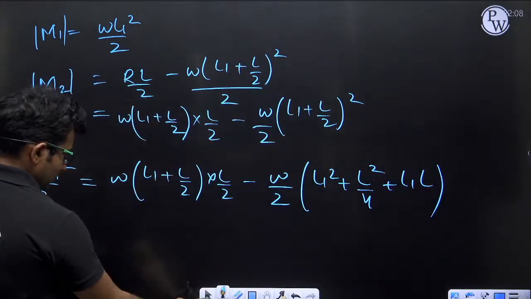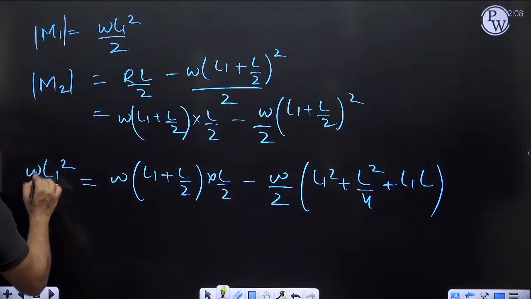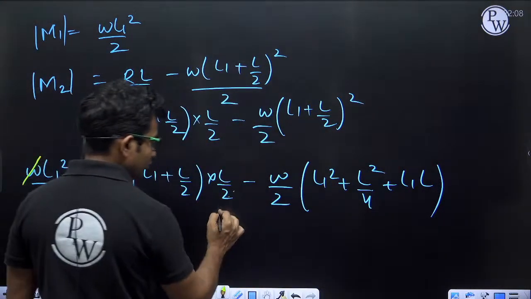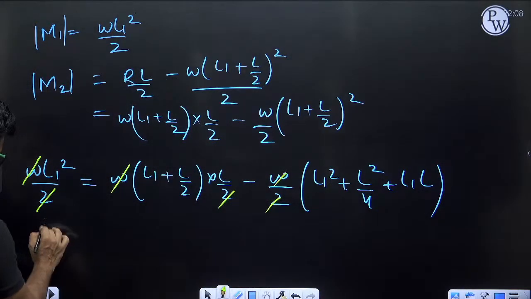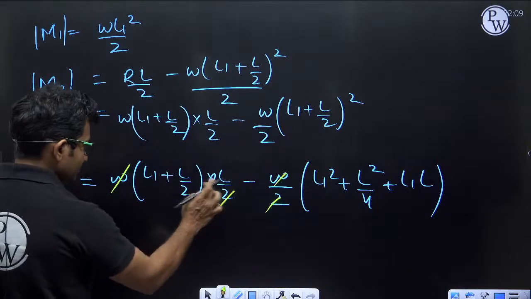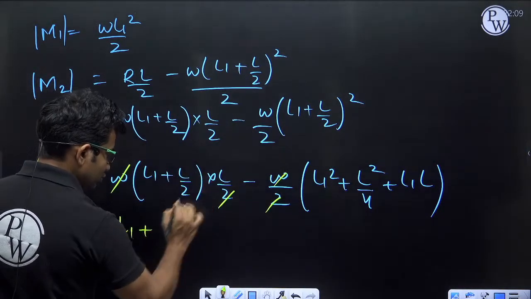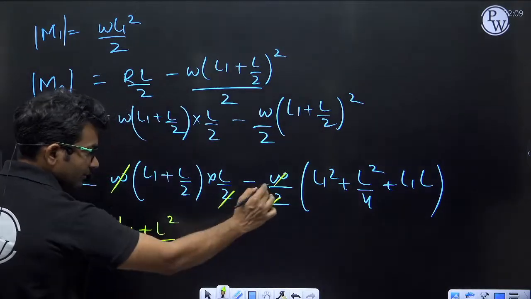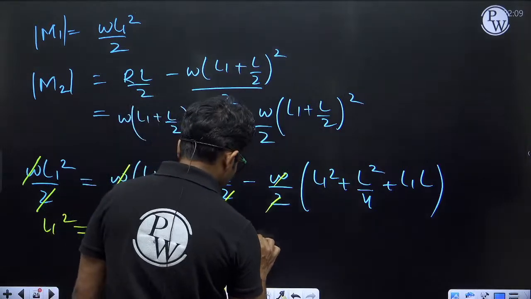Okay, now some terms will be cancelled out. W by 2, W by 2, W by 2, these are cancelled out from both the sides. Okay, so let us solve further. L1 square will be equal to L into L1 plus L square by 2 minus L1 square minus L square by 4